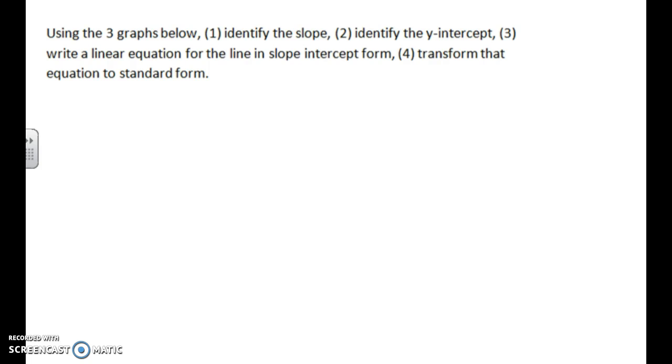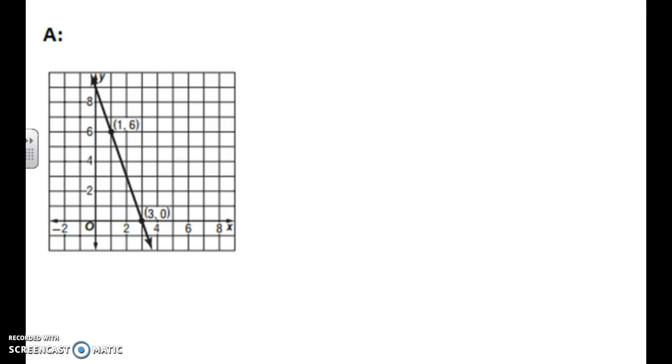So below here we have 3 graphs. On each graph, we're going to identify the slope, which means we're going to have to count our rise over our run, identify the y-intercept, and write a linear equation. So we want to find those two pieces of information that we were using before. The tricky thing, and on this one it's not something that you see because I have 2 points marked for you, but there are times when you're going to have to find and mark your own points. And if you notice,